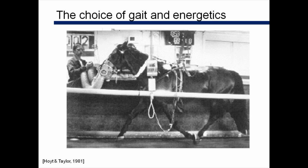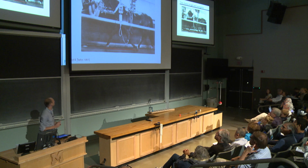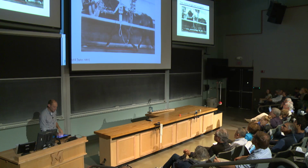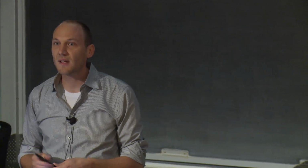It's based on a simple experiment where Hoyt and Taylor in 1980 took a horse and put it on a treadmill, set the treadmill to a certain speed, and then measured the amount of energy that the horse was using by measuring the oxygen that it took in and the oxygen that it was breathing out. And the difference between that allows you to figure out how much energy or how many calorie stores it is burning, how much energy it is using. And based on that, they